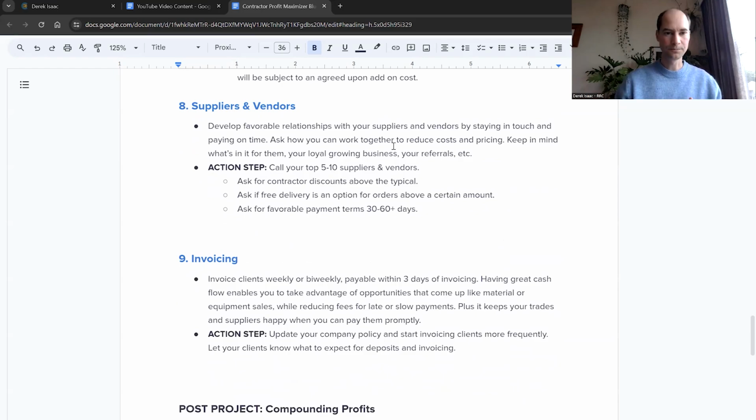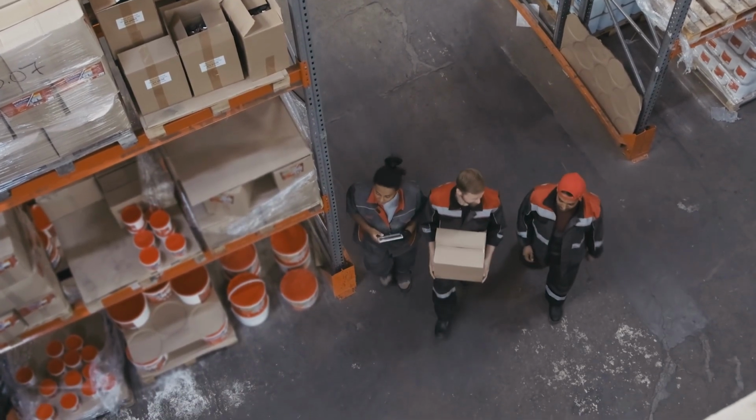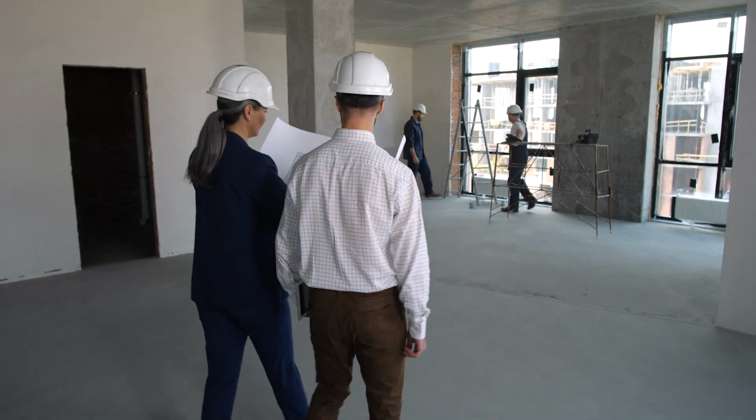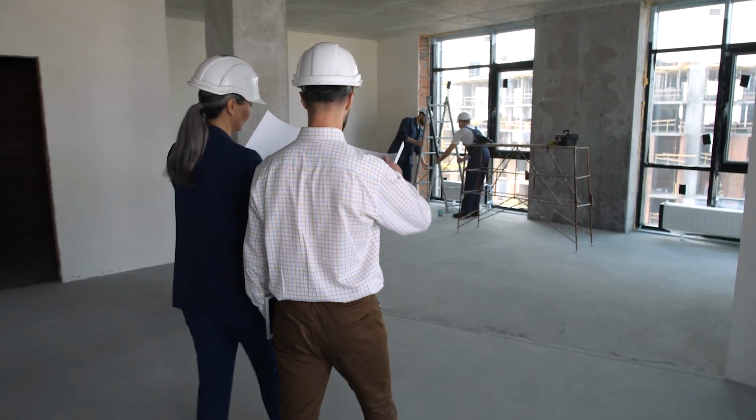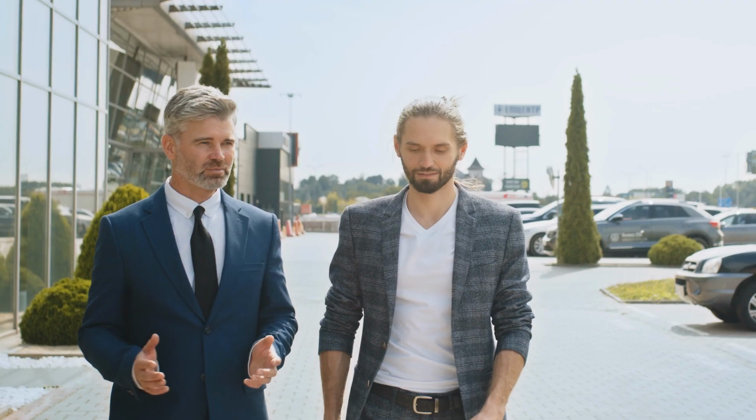Suppliers and vendors. You should have good relationships with your suppliers and vendors. Have your go-to people. Continue to build on those relationships. You can take them out for a beer or a coffee. When you go in there, make sure you say hi. Develop a relationship with your sales rep at your lumber yard, and any large suppliers like your flooring place, whoever you regularly deal with. Make sure you treat them really well, and then ask them, how can I reduce my